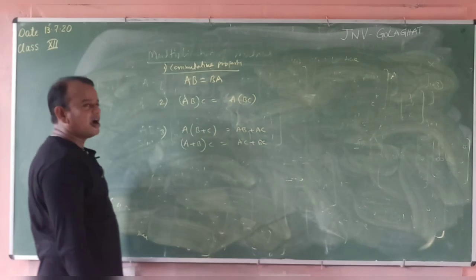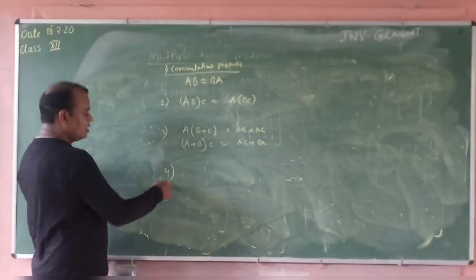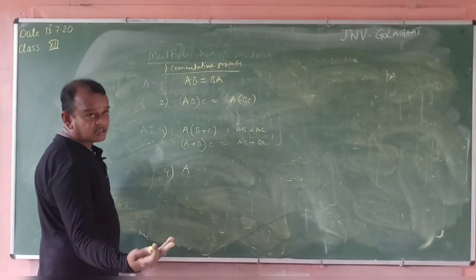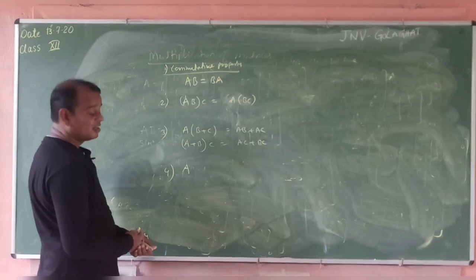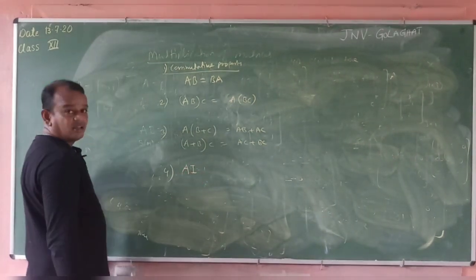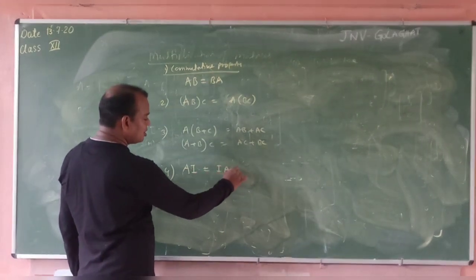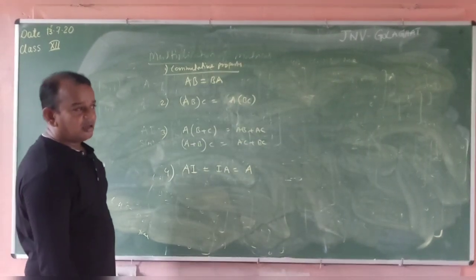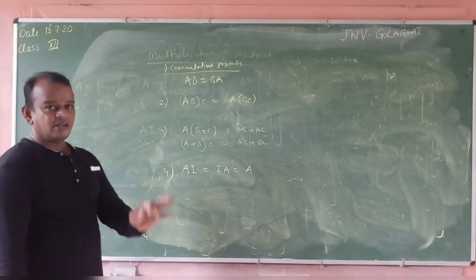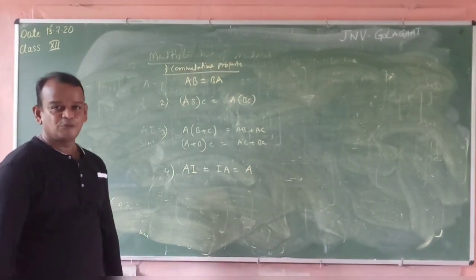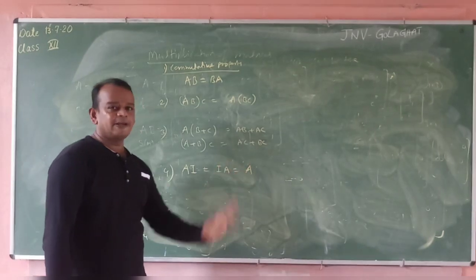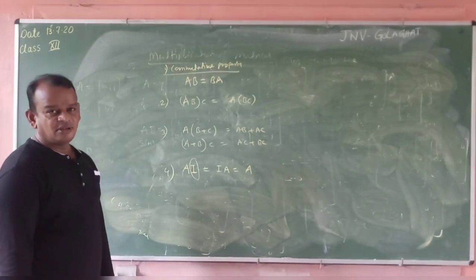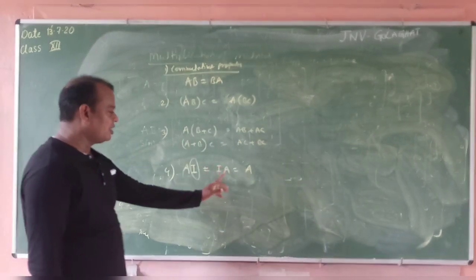Now, existence of the identity with respect to the multiplication. Let A be a matrix, and I the identity matrix, a square matrix. AI is equal to IA is equal to, 100%, the answer is A. Any matrix multiplied with the identity matrix, we will get the matrix A only, not I. You remember that one. AI is equal to IA is equal to A. Why? Because I is 100% a square matrix.